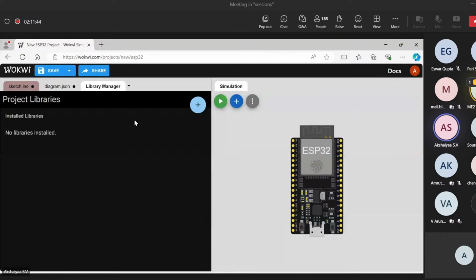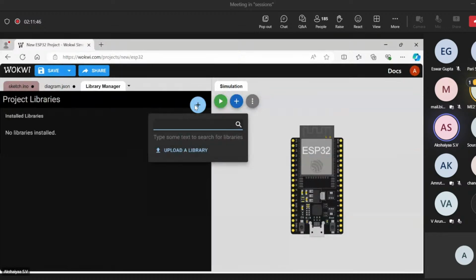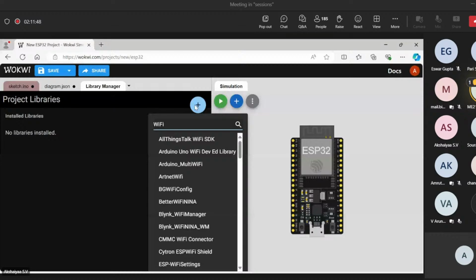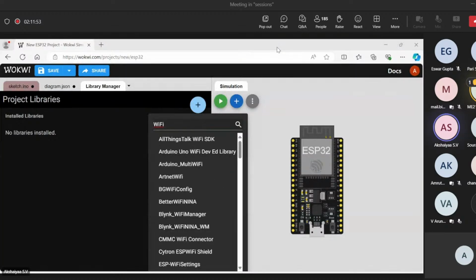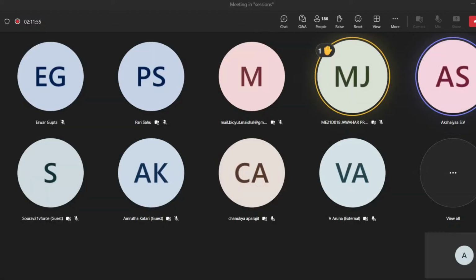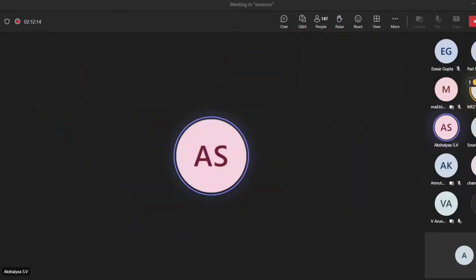Is that library installed? Just a minute, people. I'll reshare this slide. There is a small issue with this. Sorry about that.